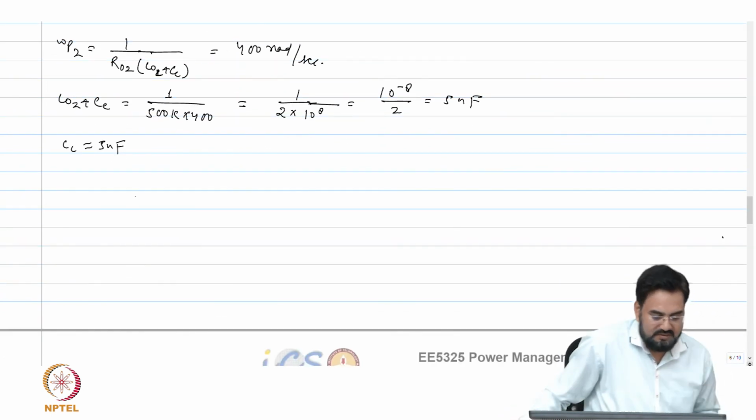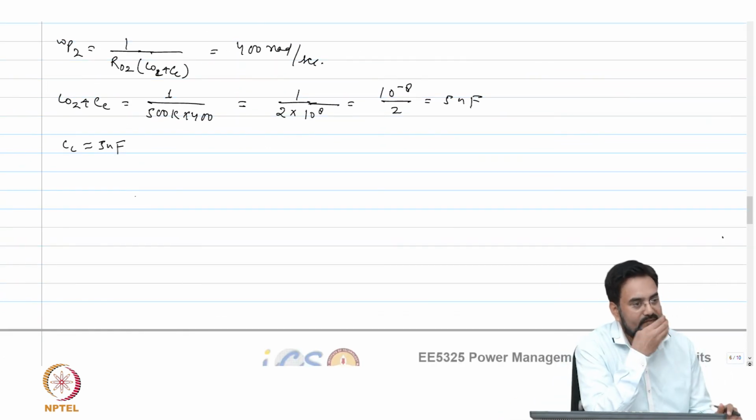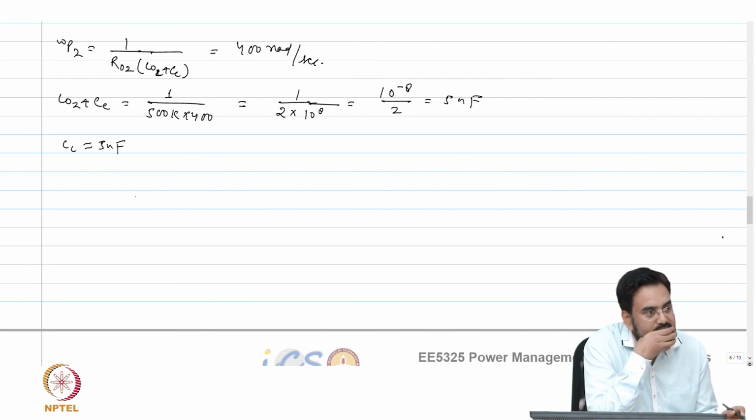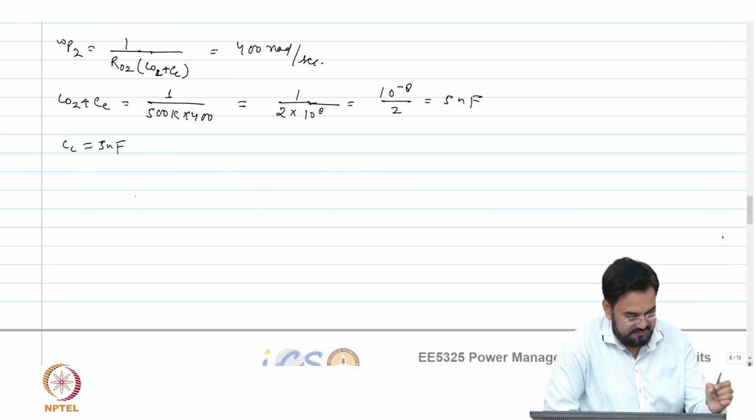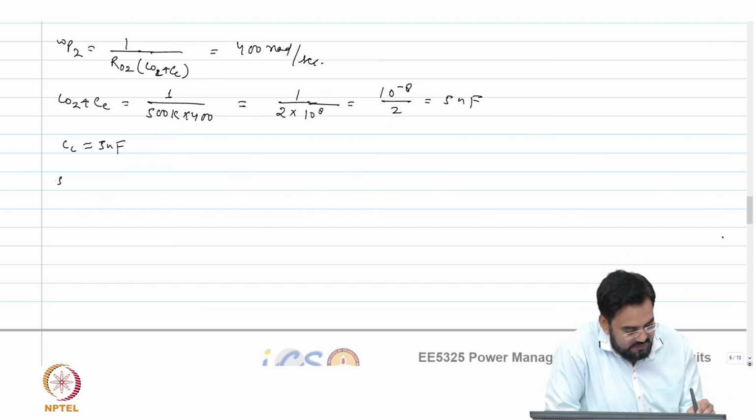So, what do we need to do? If you attach the capacitor between... So, we require Miller compensation. Okay. So 5 nanofarad is